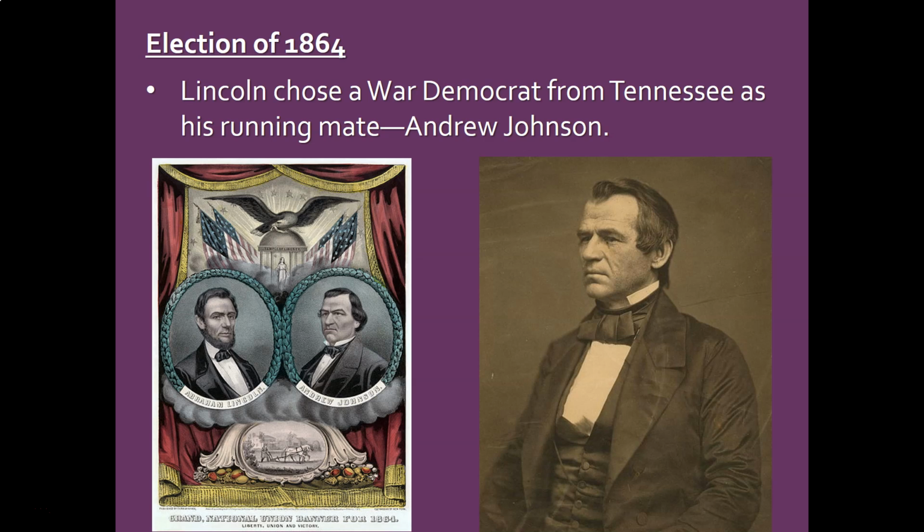Lincoln turns to a man from Tennessee to be his running mate, Andrew Johnson. And Andrew Johnson was one of those mountain whites we talked about in our last unit. He's a War Democrat. He had been the Tennessee military governor once Tennessee fell to the Union. And so he seemed like a guy who could maybe win Lincoln some votes, particularly in the